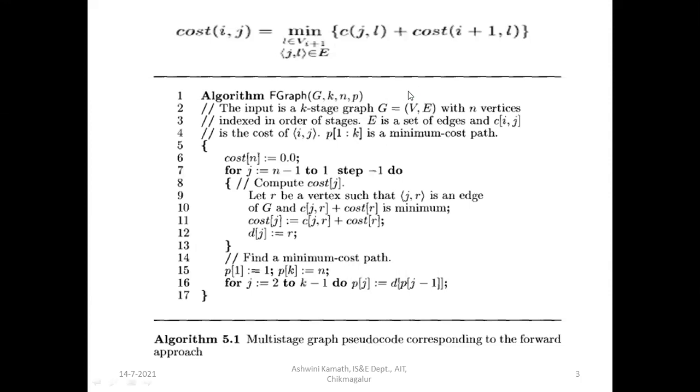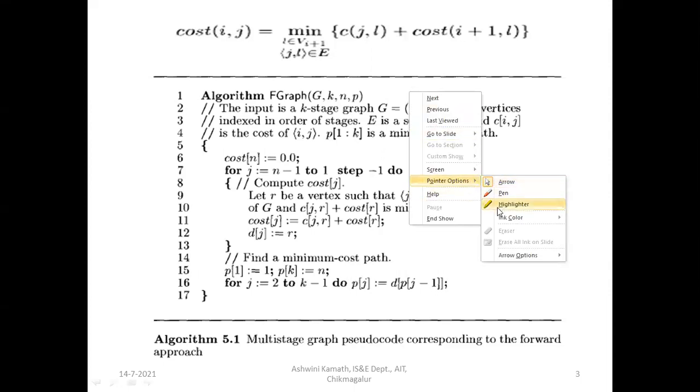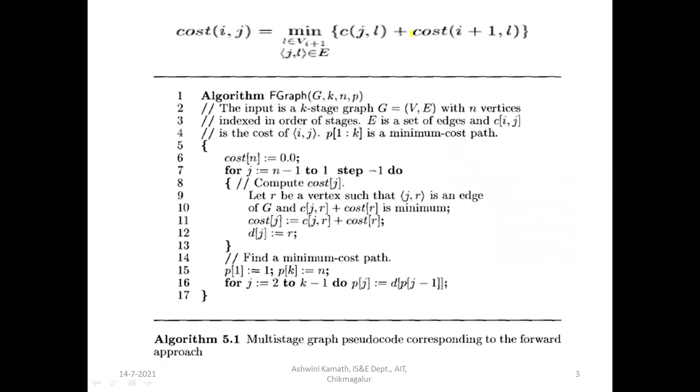You can compare the equation with the one equation which is in the algorithm. So we have cost of i plus 1 comma L, here we have cost of r. Here we have cost of i comma j. Instead of using one more loop, we can avoid that ith loop. Instead of that, we can consider the value of j directly.